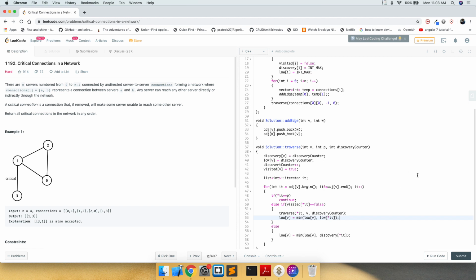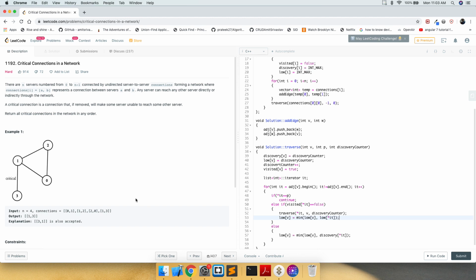In this case, it's possible that if there was a connection between 0 and 3 also, not just between 1 and 3, and we reach 3 by 1, then the low value of 3 would be the discovery time of 0.